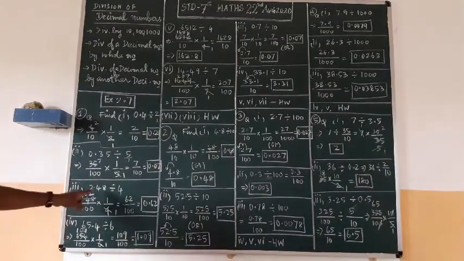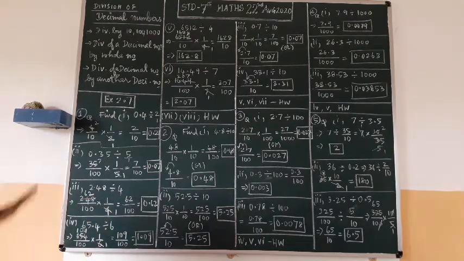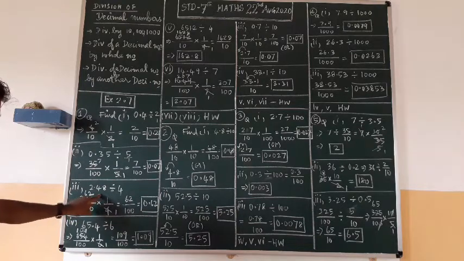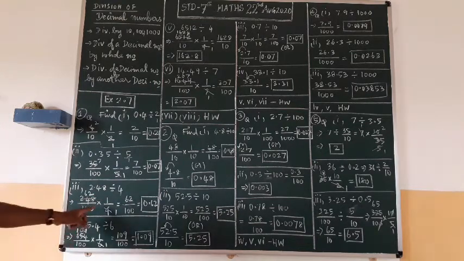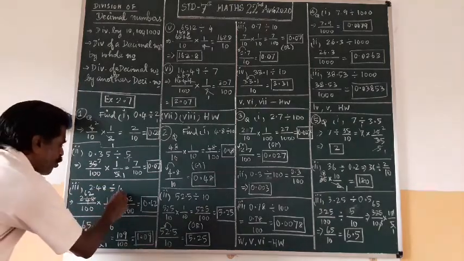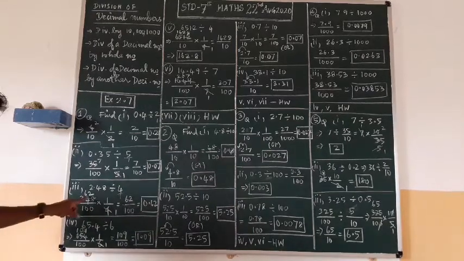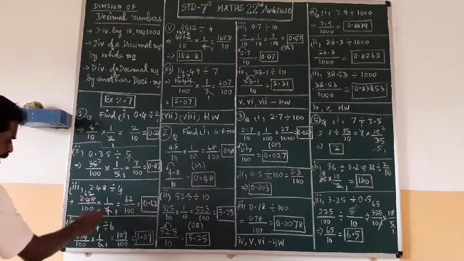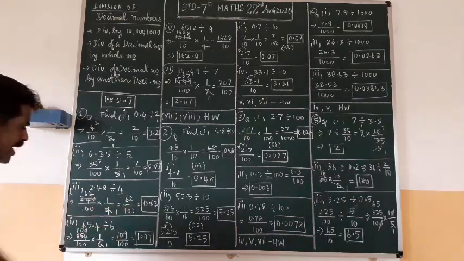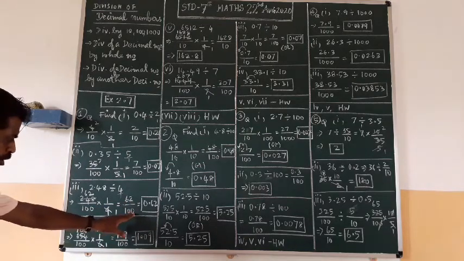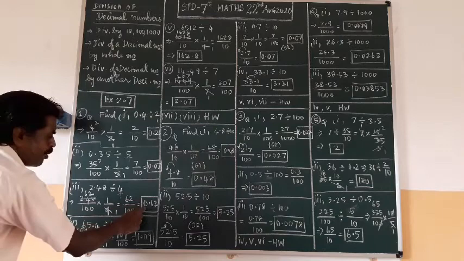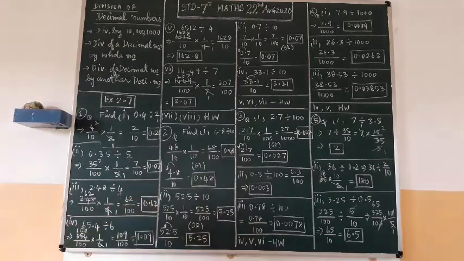Then the third problem: 2.48 divided by 4. Immediately I remove the point. After the decimal there are 2 digits, so 248 upon 100. Into the reciprocal of 4, which is 4 upon 1, so it becomes 1 upon 4. Then divide 248 by 4; it is divisible, 62 times. Multiplying, 62 into 1 and 100 into 1 gives 62 upon 100. With 2 zeros, we put the point after 2 digits, so 0.62 will be your decimal value.